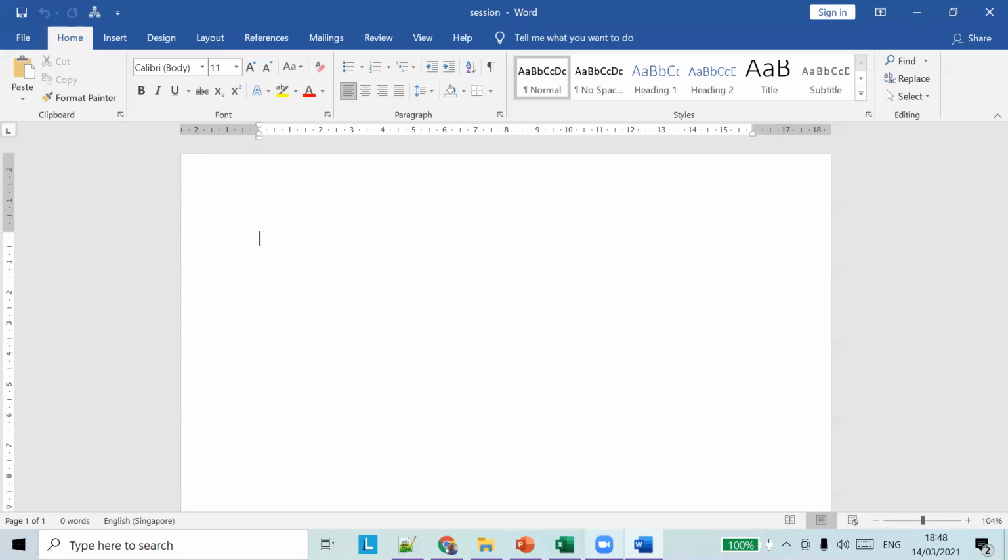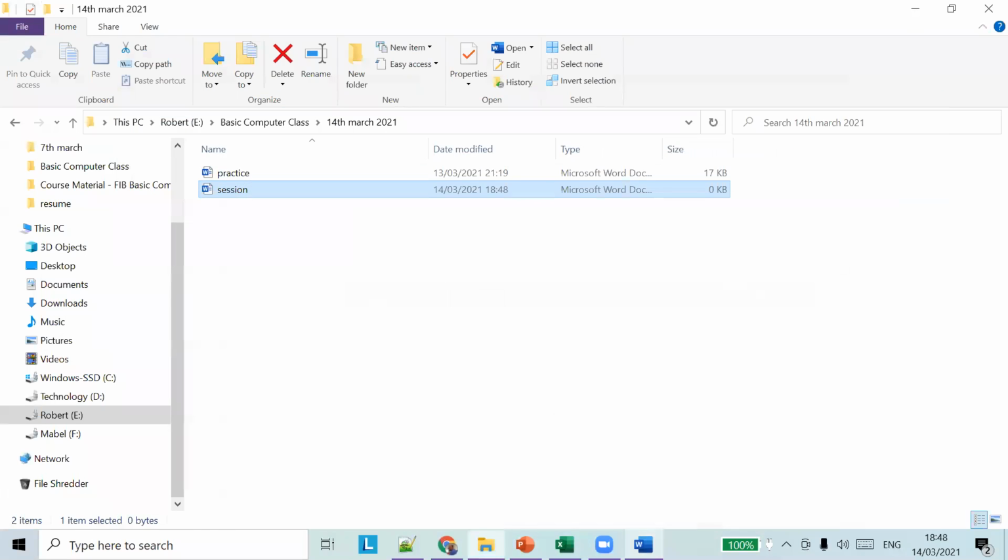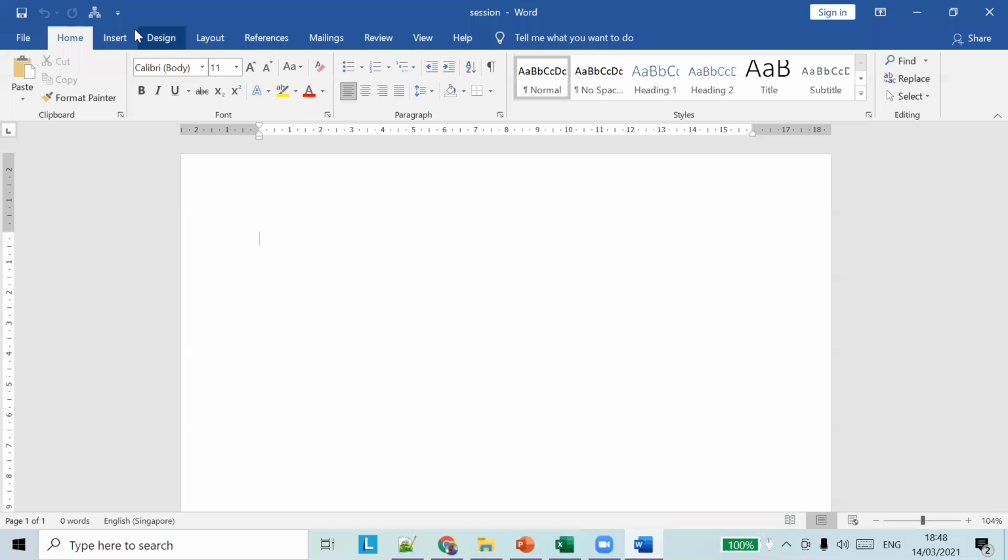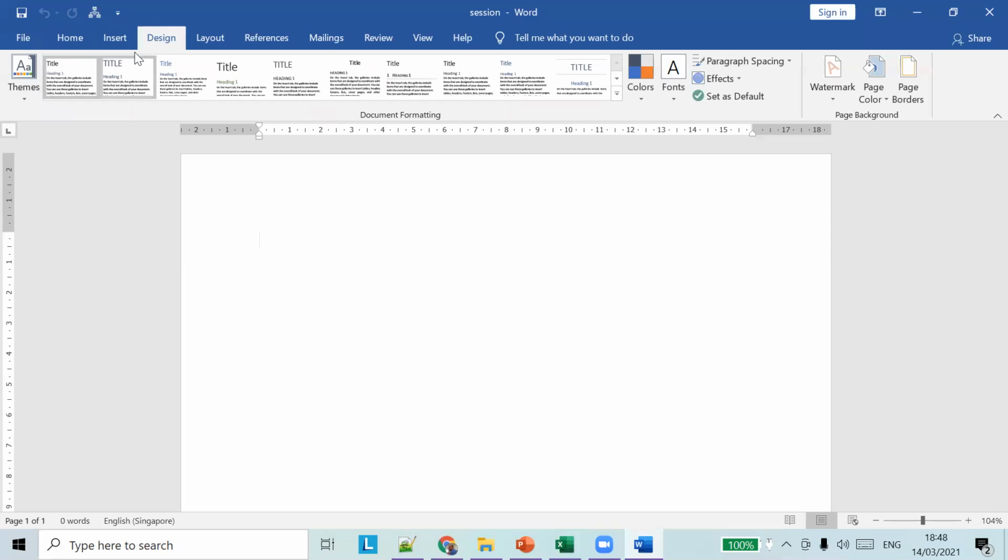Themes are present under this tab, so click on this Design ribbon.